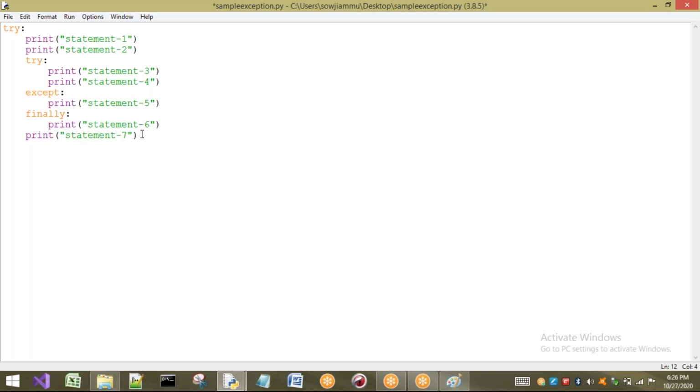Okay, next. The try is completed. Now I want to write except for the outer try. Here I am taking the default case, that is, a default except block. Now here I will take statement 8.